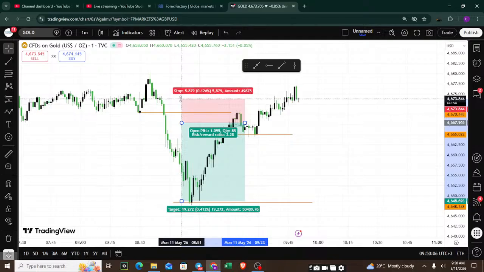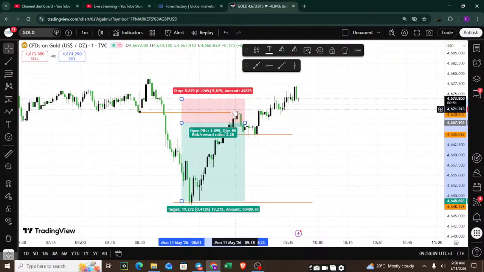Now I have no problem when price stalls around level 23 and 38, because maybe it is collecting more liquidity at that level to go in our direction. But once price breaks that level, it breaks level 23, it goes above, then it means that trade idea has been invalidated. So once your trade idea is invalidated, you don't get hurt, you don't feel bad. You recalibrate and you re-strategize again.